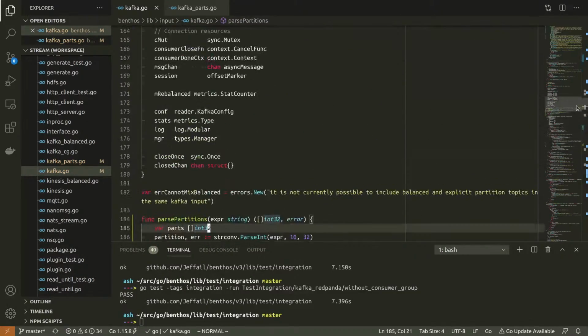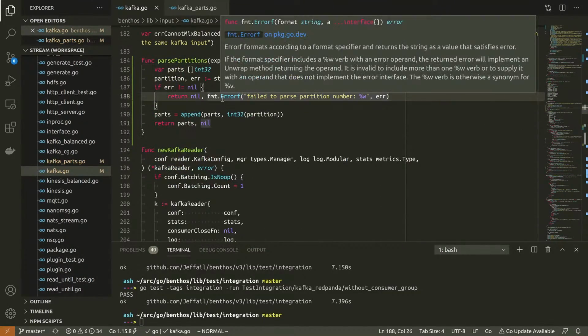I'm distracting myself. So, right, parse partitions. What we want to do now is parse out multiple partitions. The only circumstance that I am willing to accept a person specifying more than one partition in one topic partition expression is with a range.